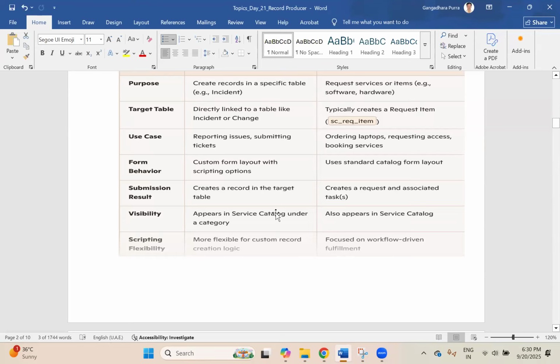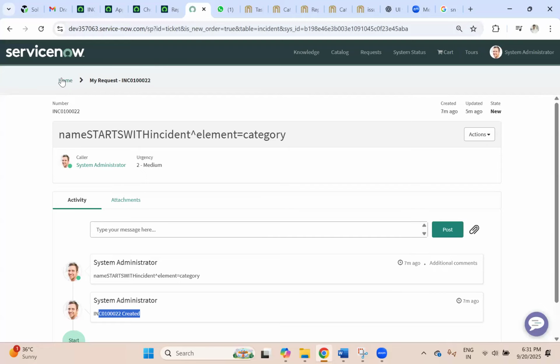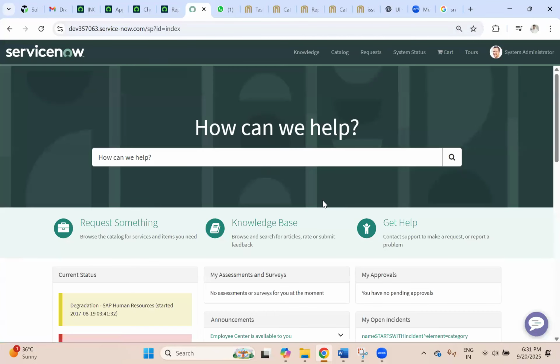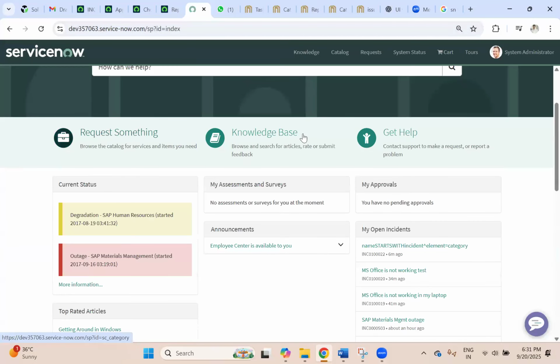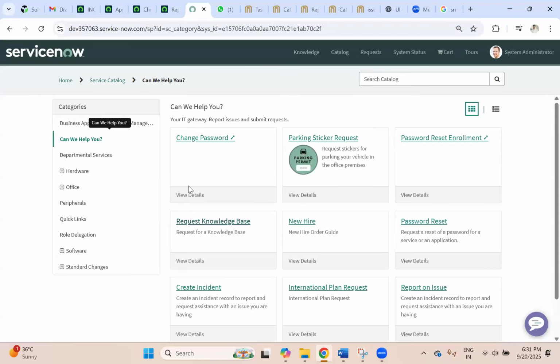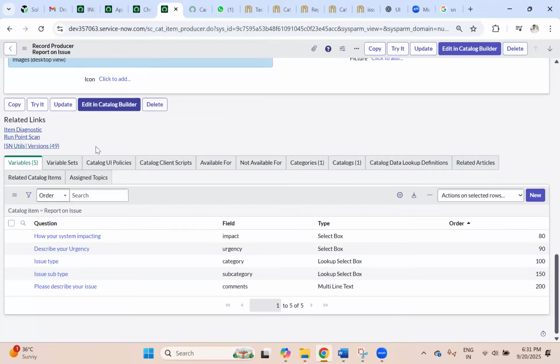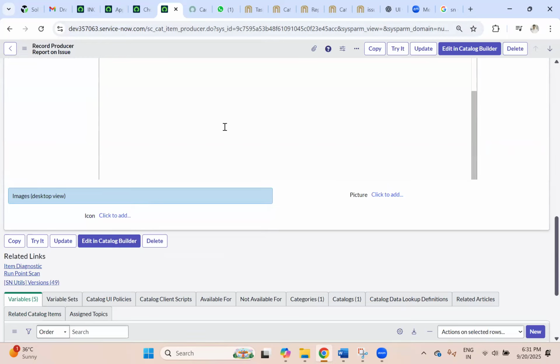Visibility: it appears in the service catalog under categories. The service catalog is what we saw when you go to the home page, correct? So these are the different categories. One is request something, knowledge, get help. Under this we have different record producers. These are the record producers which we can see under these categories. Get help is a category, and under this there are multiple record producers which we have. So now we will see how each one is defined, one by one. But before going to that,